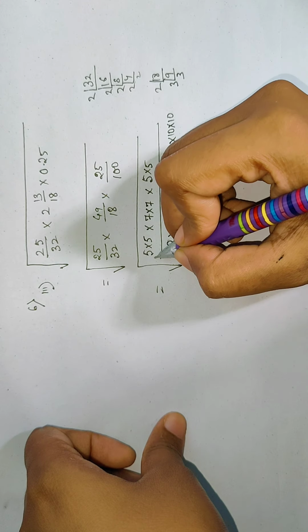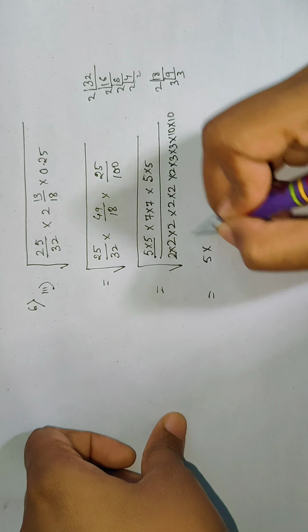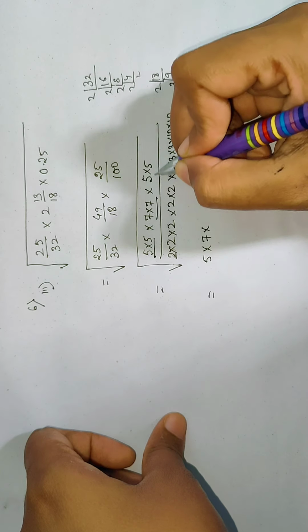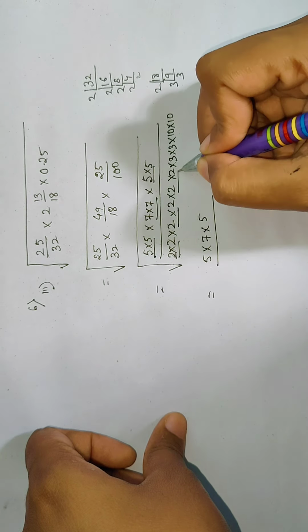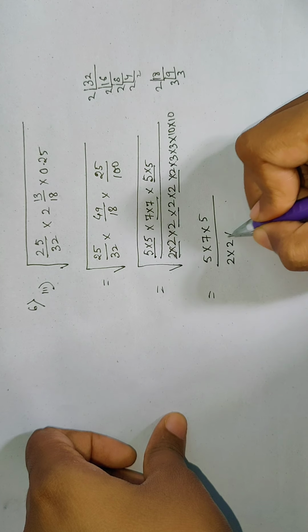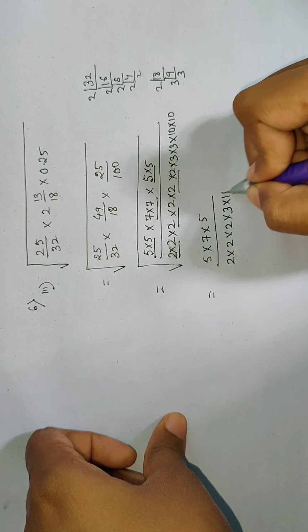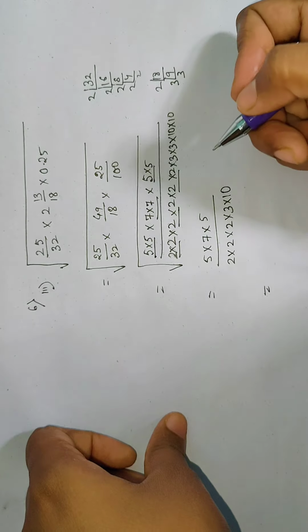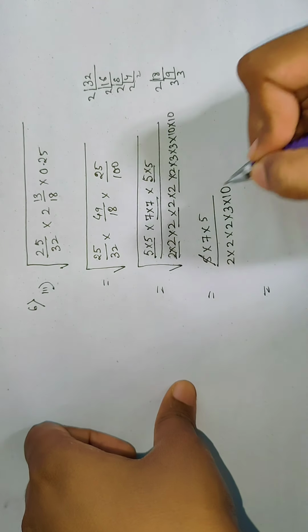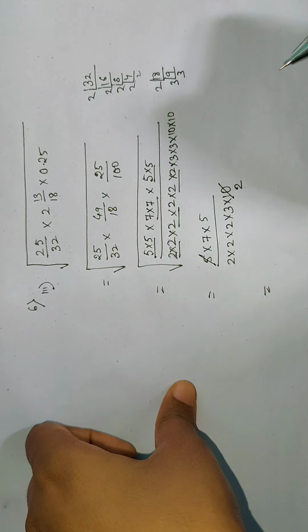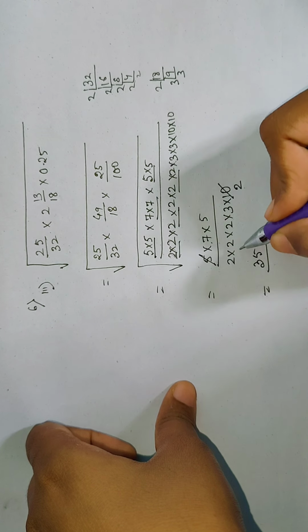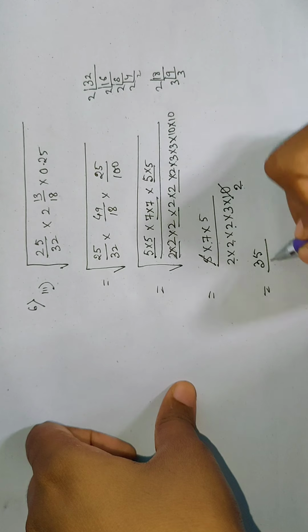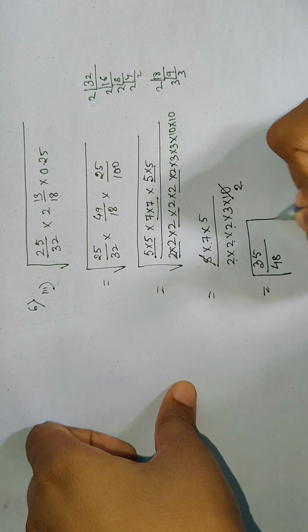Now make a pair. So 5, this one 7, this one 5. Similarly here also you make pairs. So 2 into 2 into 2 into 3 into 10. Now if you do the cancellation, 5 2s are 10 and nothing remains. So 7 5s are 35, and in the denominator you will get 2 2s are 4, 4 2s are 8, 8 2s are 16, 16 3s are 48. So this will be your answer.